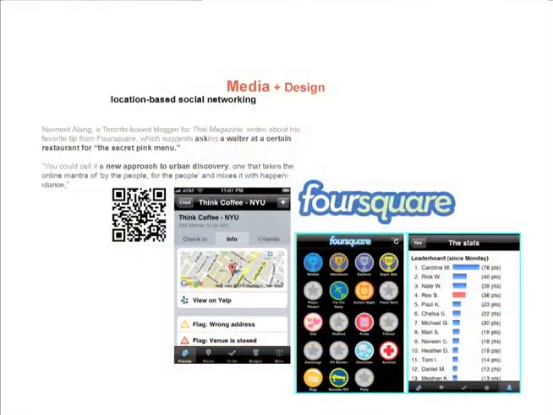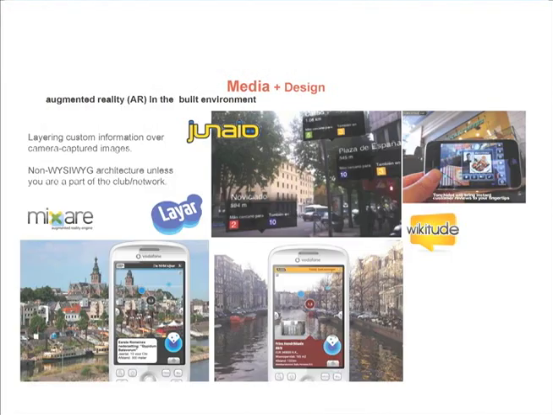You start having your own individual identity and connection. A couple of examples of location-based services we all use are Foursquare and augmented reality. This is one of the classes I'm teaching this semester. We look at a number of information overlays over the existing